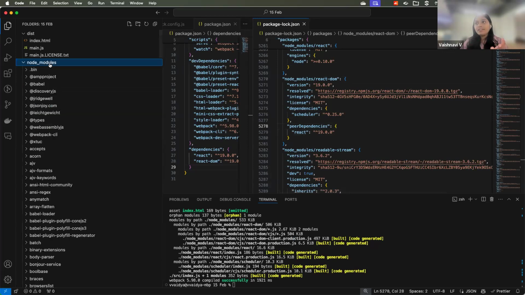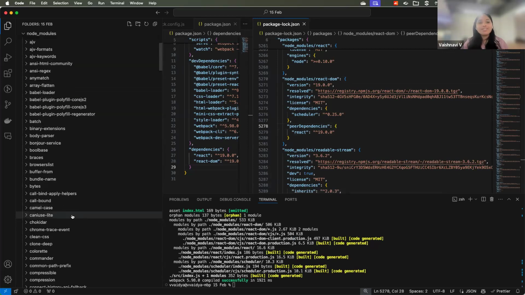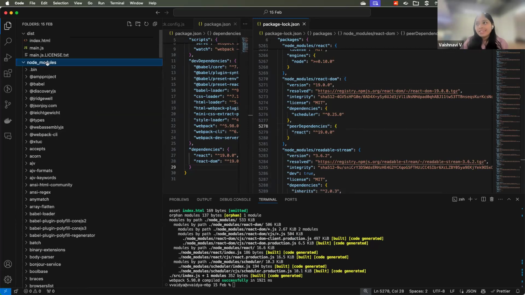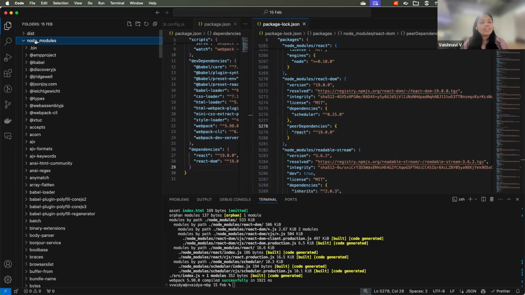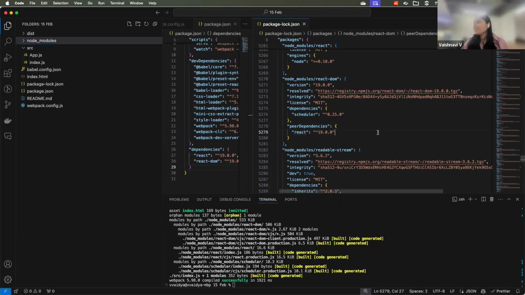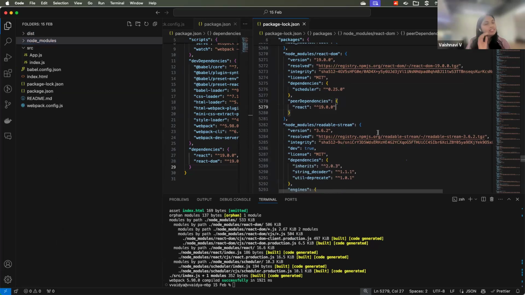Okay, and that's why you see that whole node_modules is heavy, and we have a meme about that too. Node_modules is heavier than anything else. So yeah, it's recommended to push your package-lock.json into Git, and the only major reason is to